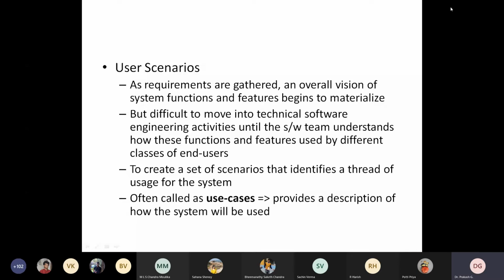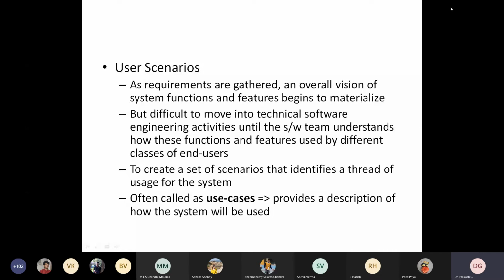So for this, we are going to the next level, that is you are going to get ready with the use cases. How the system will be used. That detail will be provided under this user scenario. And how the system will be used is the description we are talking about as use cases. So now we have to go to developing the use cases. Developing the use cases will help the system to interact with the users.